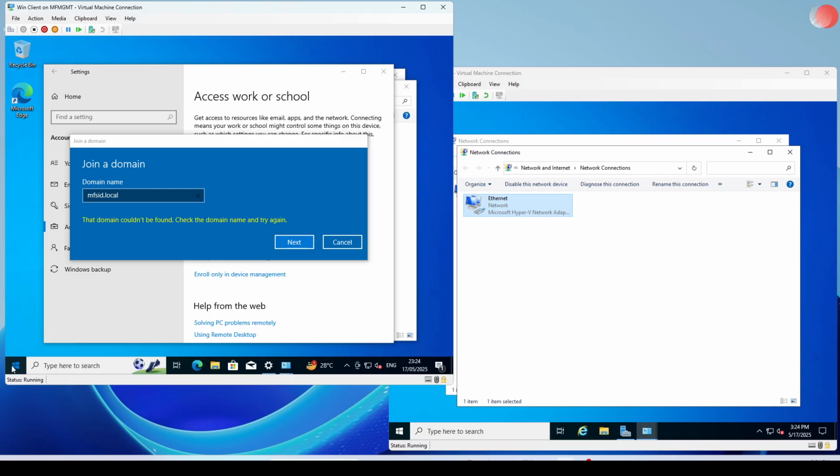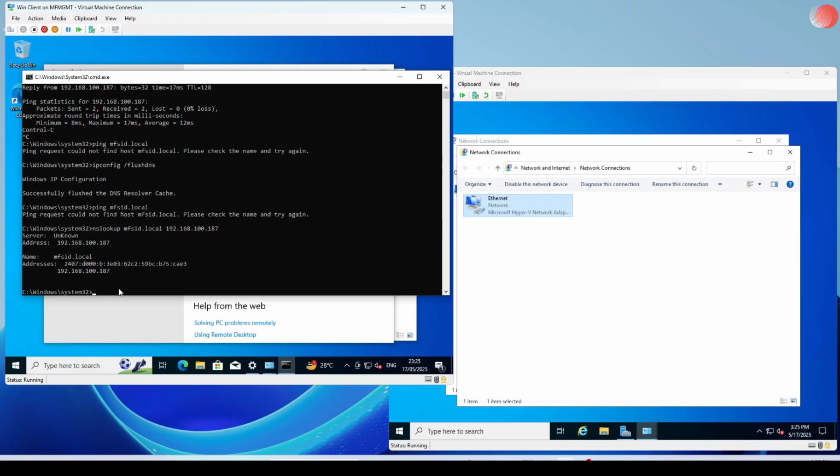So, nslookup mfsid.local, 192.168.100.187. Okay, we got the IP address. Oh, so the problem might be because of IP